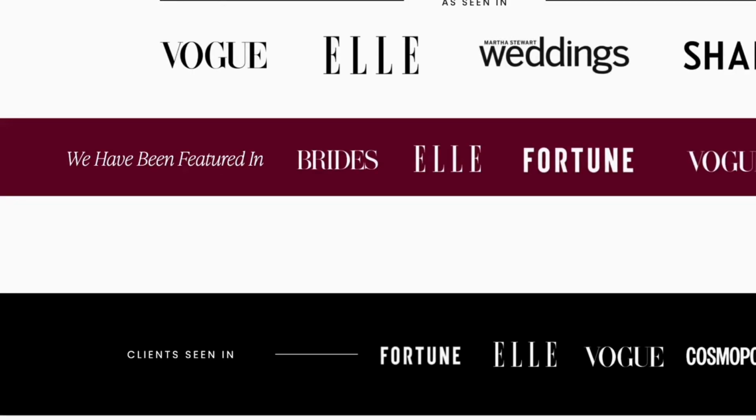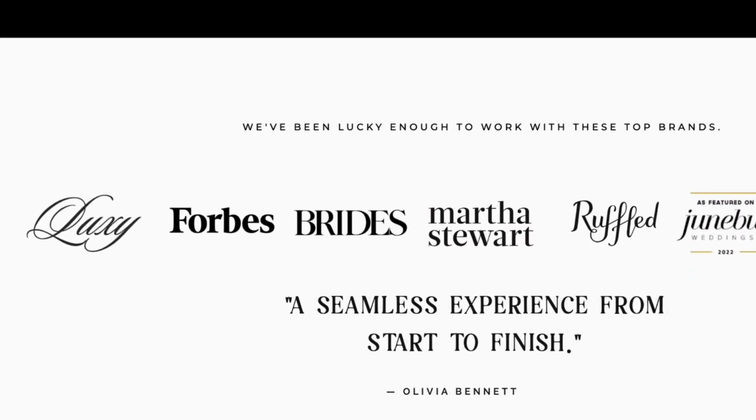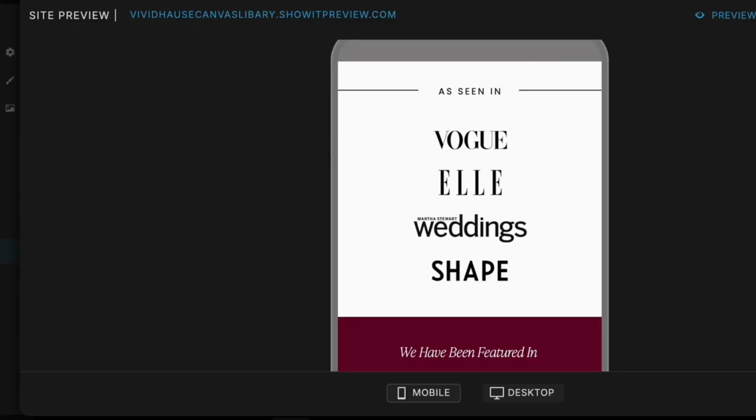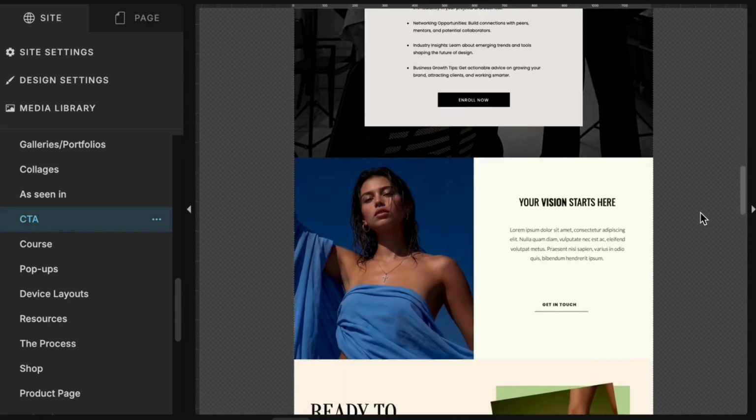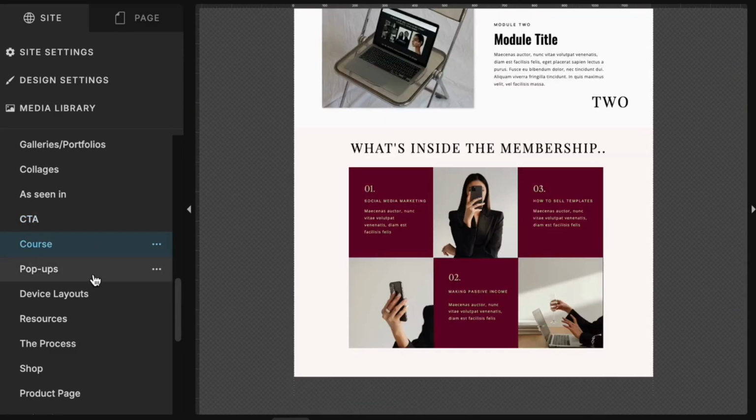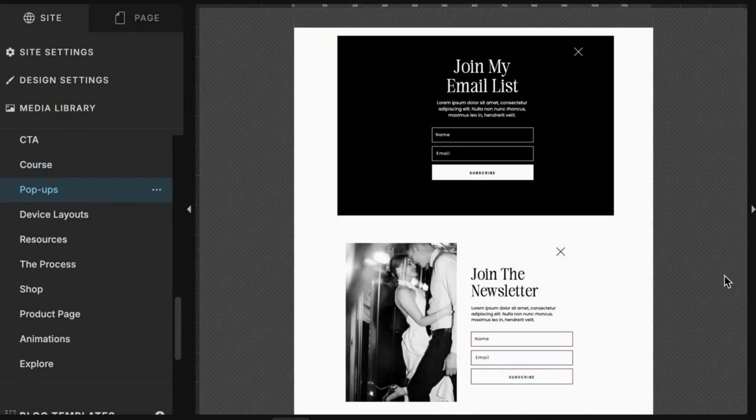And a lot of my canvases actually have animation because I think that they just give websites a little more personality. And yeah, you can see all of these in the demo on my website. And here we have the CTAs. These are really good for pretty much any of your website pages as well as courses if you want to display any modules. And then we have pop-ups